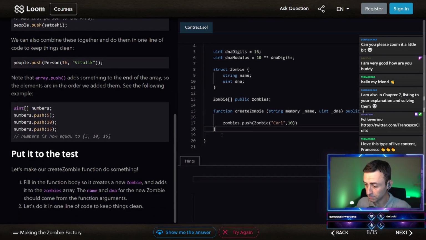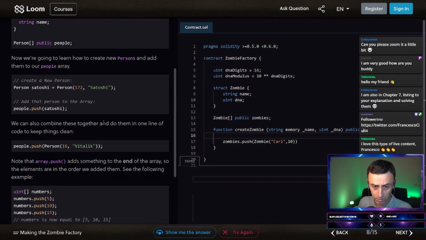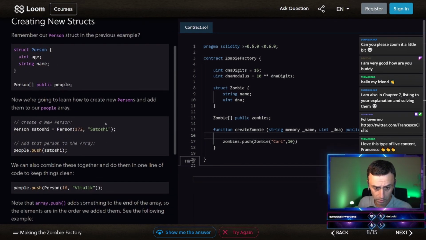No, I've done something wrong. String name, uint DNA. What's wrong here? Zombies.push. But I need to define. Okay, let's see. So it says I need to define the arrays also inside here.